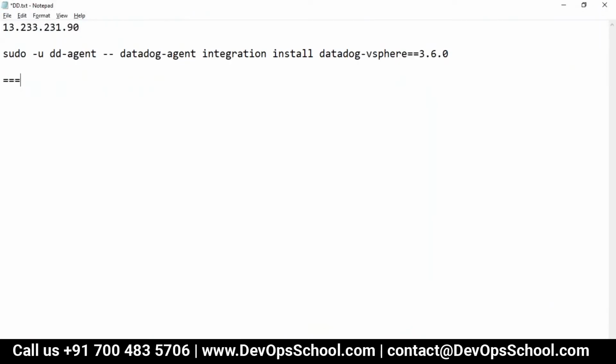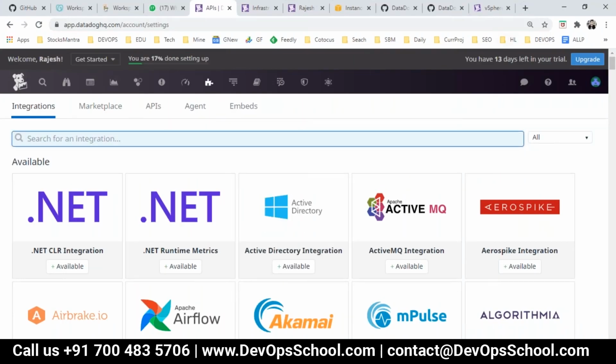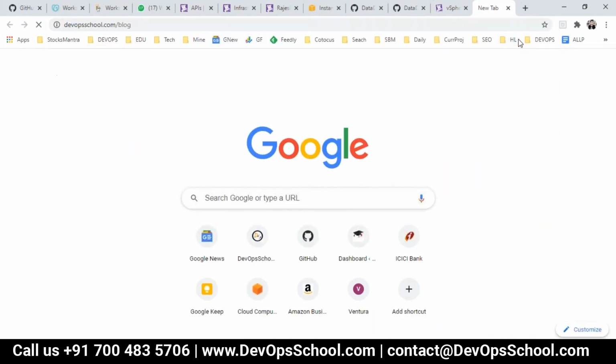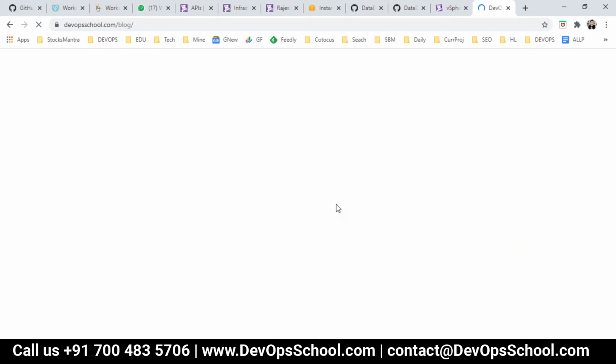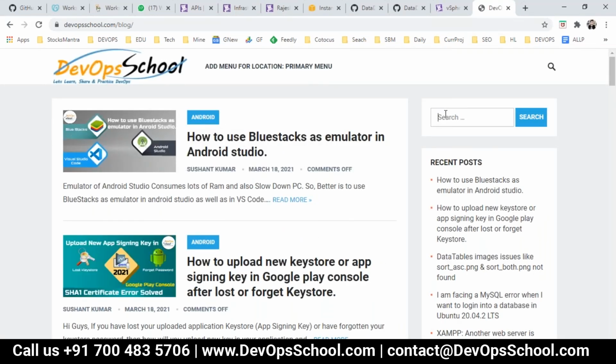That's simple. So I'm going to start with that demo. Windows, I'll show you. Process monitoring second. Yesterday I showed you Linux, and after that container, after that Apache. So we'll do that. These are the integrations today. Any questions so far, guys? Any questions so far? Nothing from my side.